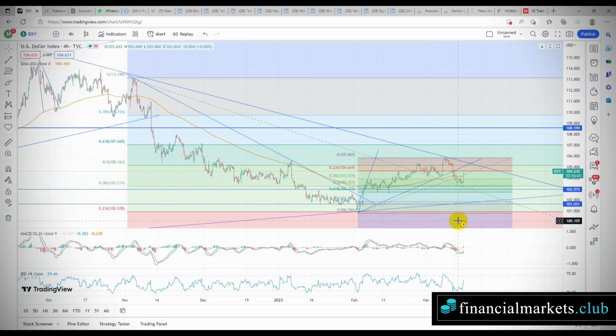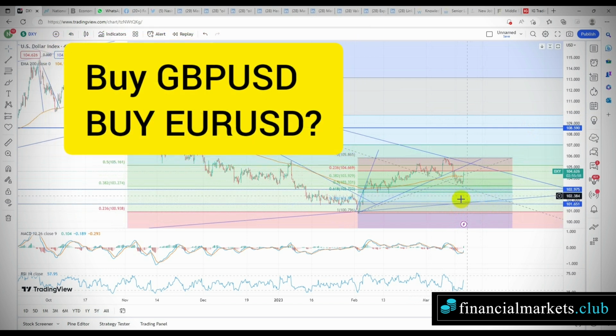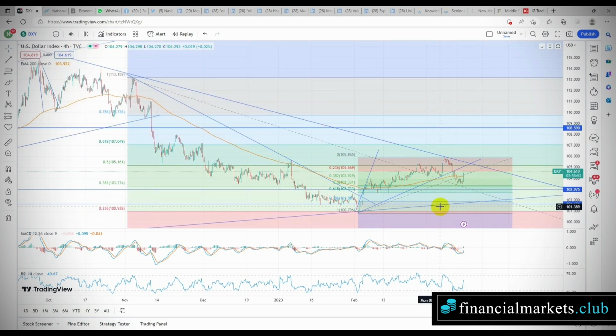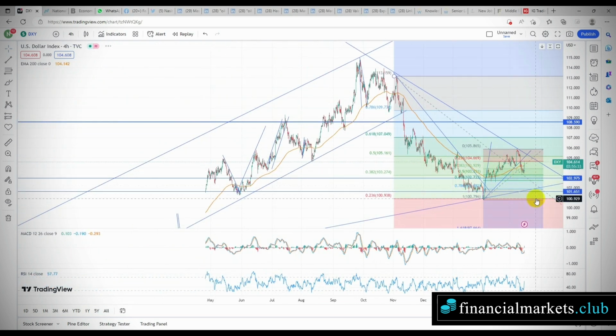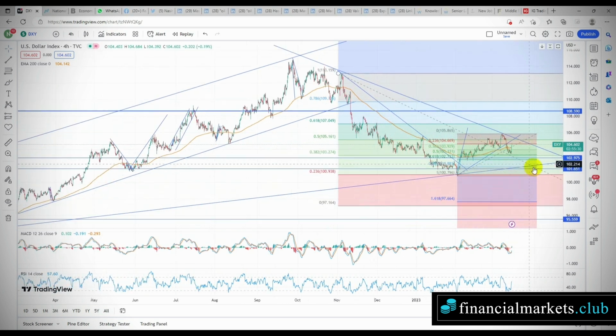I think there's some turbulence that's going to happen here. If you're trading GBP/USD or Euro/USD, then you might want to be looking at the upside on those. I was actually talking about how GBP/USD and Euro/USD might go to parity levels with the dollar. I think I was a bit too early on this, actually. I think we're going to see them reach new highs before crashing down whilst the dollar strengthens again.